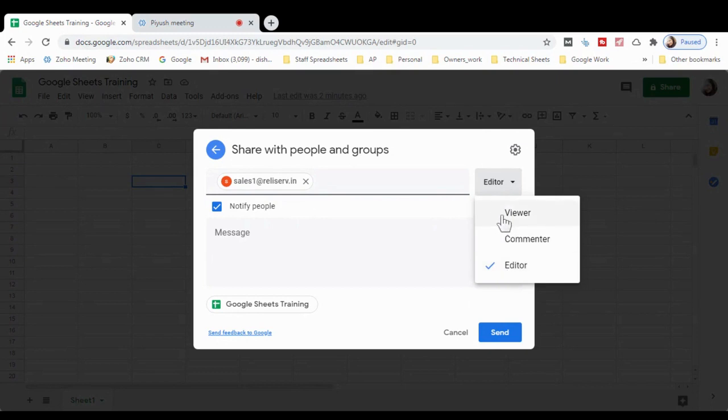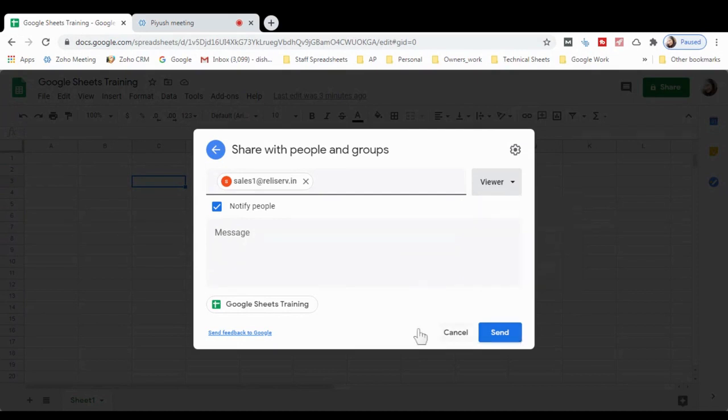If you want to share the sheet so that the person can only view the file, he cannot edit anything. It means he cannot change any records, add any rows, add any columns, or even delete. He cannot do anything with the sheet. That is known as a viewer. So if you tick mark the viewer and send, then that particular person cannot change the file.